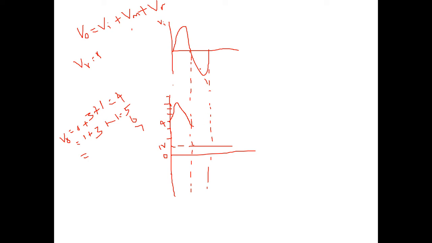Now we will see what the output will be in the negative half cycle. If my input is minus 1 volt, then the output will be minus 1 plus 3 is 2, plus 1 is 3 volt. If my input is minus 2 volt, then it will be 1 plus 1, 2 volt. If it is minus 3, then it will be 1 volt. So it varies from 3 to 1 volt. This is how I will be getting the output.